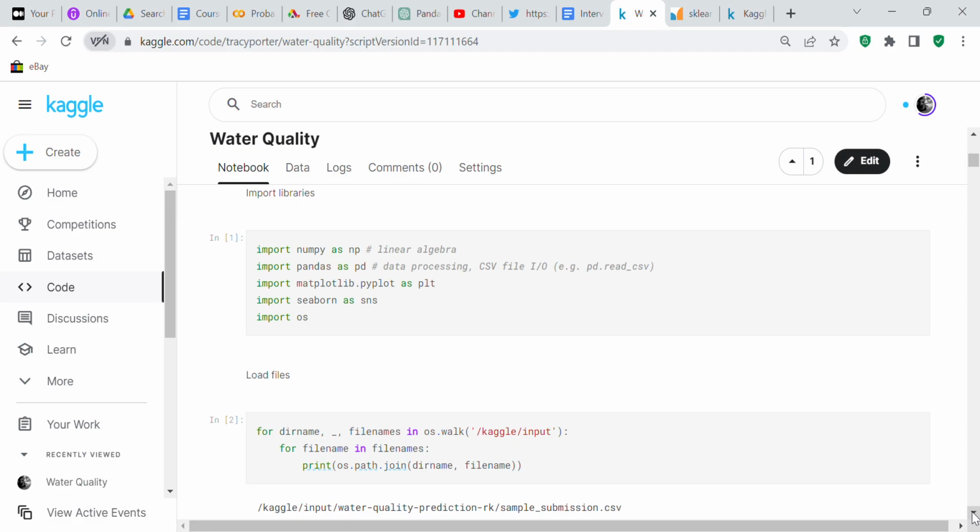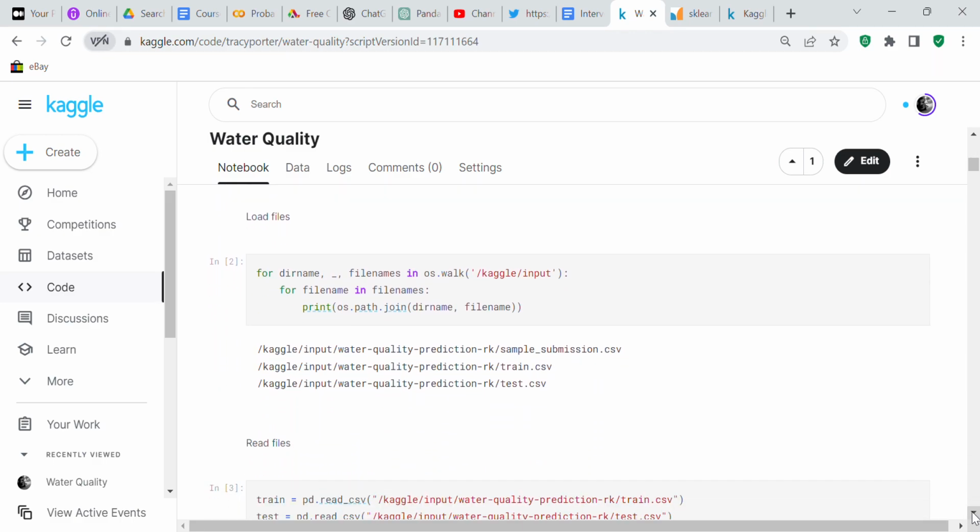We're going to import matplotlib.pyplot as PLT, which is for graphical visualization. We're going to import Seaborn as SNS, which is also for visualization but statistics. And we're going to import OS, which is the operating system. We're also going to import sklearn when we select our model, and sklearn is Python's machine learning library.